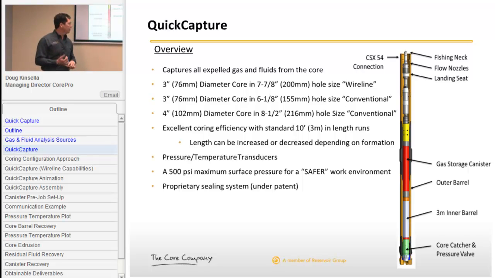We limit the tool to a 500 psi working pressure on surface to create a safer work environment. And as most people like to know, we have a new type of valve. It's a proprietary sealing system on the bottom, and that's what gives us a mid 90% efficiency and repeatability in